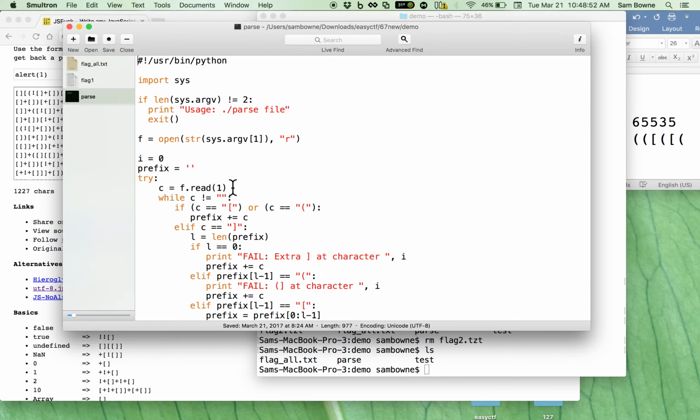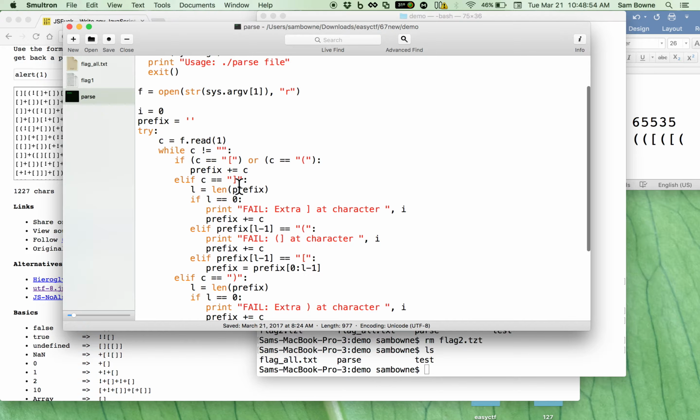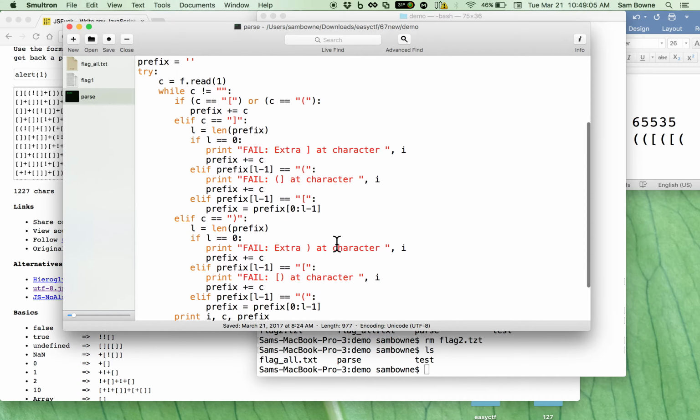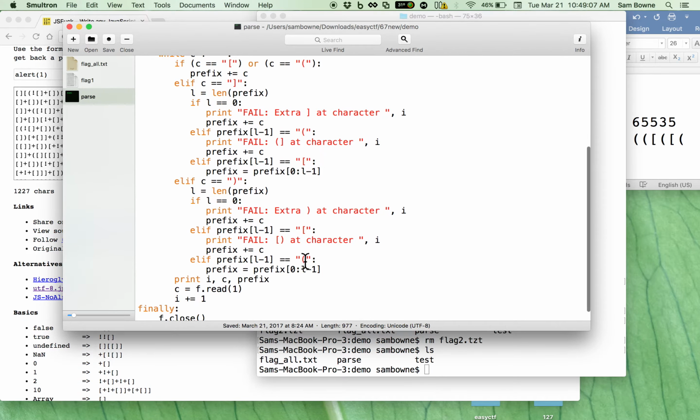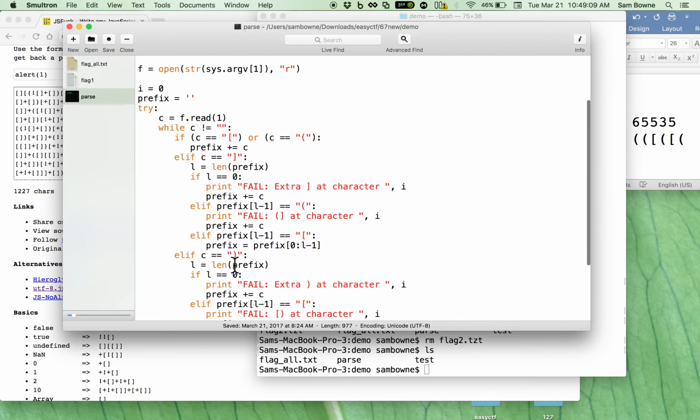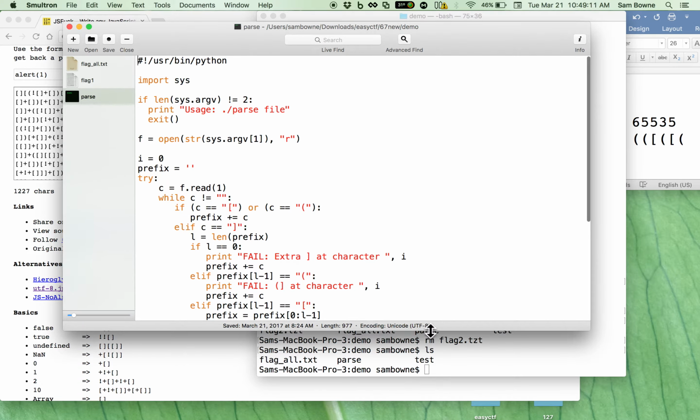All this thing does is you use it by saying parse filename, then it opens that file and reads characters one by one. And if they are opening a container with a bracket or a parenthesis, it adds it to a thing called prefix. If it's closing, it warns you if it closes with the incorrect character. If it closes with the correct character, it just shrinks the prefix. So it's not a very complicated program. And if you run it here,